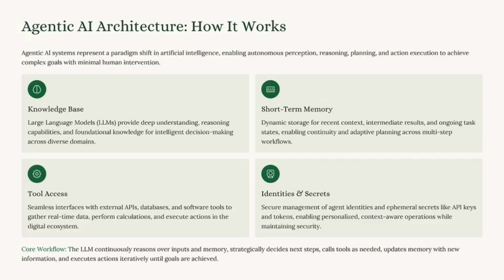So here are the basic components, the building blocks of an agentic AI. A knowledge base, right? All of these agents have to have a brain where they can do reasoning. So that's another model that they use, an AI behind the scenes for that agentic AI. They have to have some sort of short-term memory. So it'll be tasked with something like, go out and book a trip for me. It has to remember that's my job. I have to go out and book a trip. So that's short-term memory. That's a persistent data store for that agentic AI.